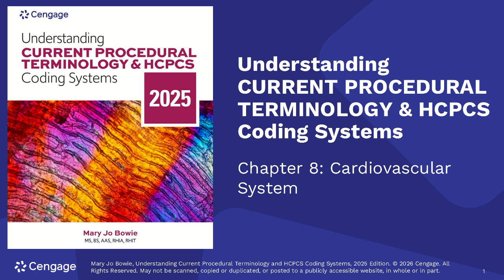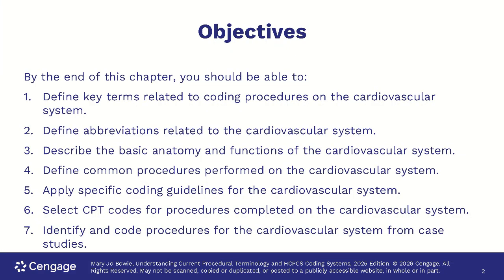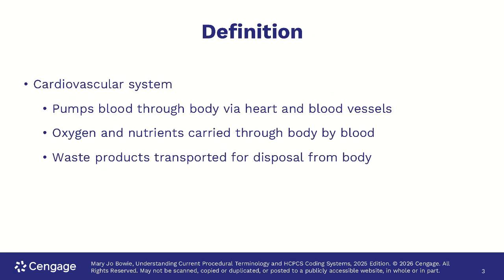This is chapter 8, part 4 of 5. Let's get it going. This is the cardiovascular system, and it's the same old, same old. You're going to be presented with key terms, abbreviations, common procedures, and guidelines, and then the end result is that you can select the codes. I would have to say that this is probably one of the most challenging chapters from a coding perspective